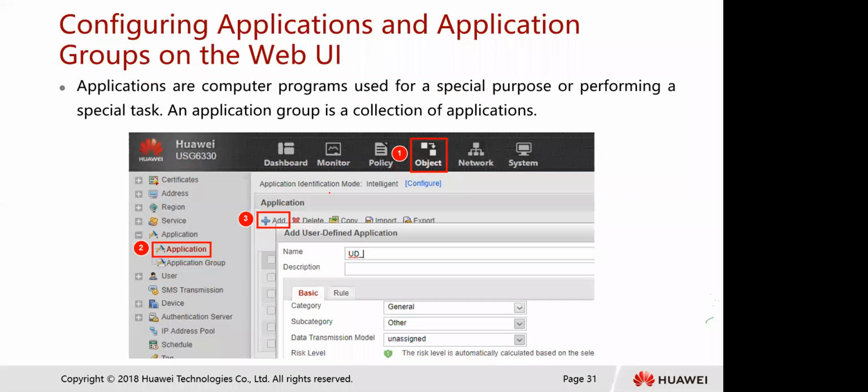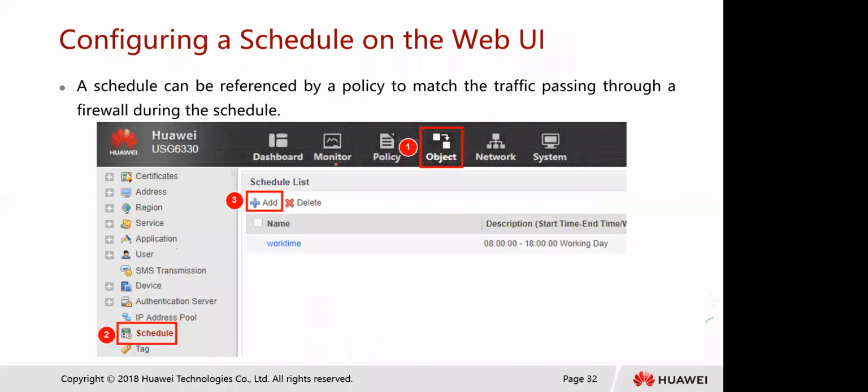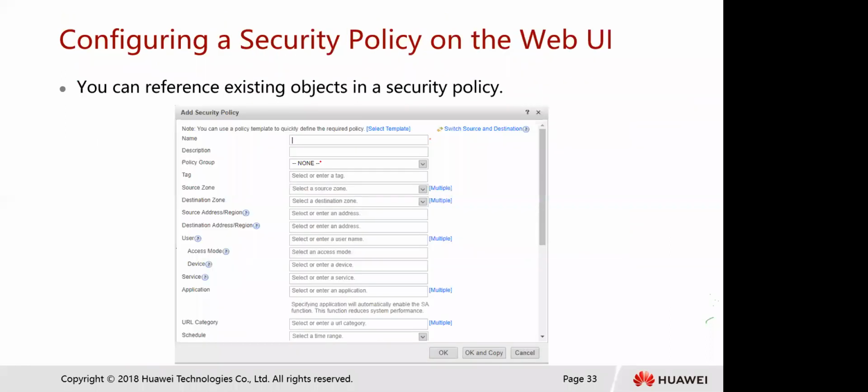So let us look at configuring applications and groups on the web user interface. Also, you can configure applications, which are computer programs used for special purposes or performing a special task. An application group is a collection of applications. I think these things are a bit straightforward, and we shall look at how you can add them. And configuring a schedule, we'll also look at how you can configure a schedule and play around with that